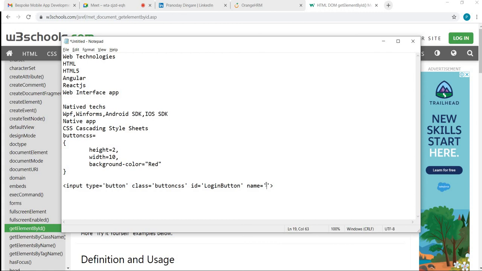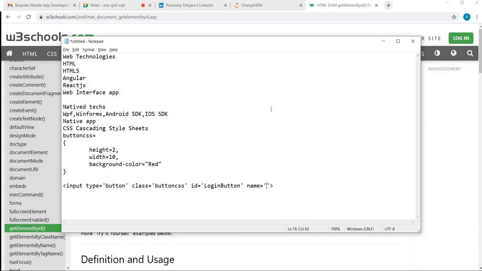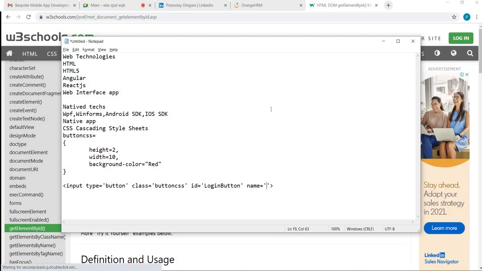So usually you will find that the IDs and names are set. I'm not saying that 100% of the developers do it, but if they have any client side validations implemented as a part of your web application page, then surely you will find either ID or name attributes set to a unique value.